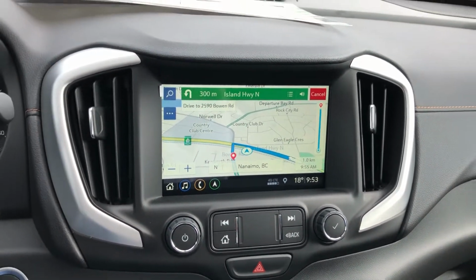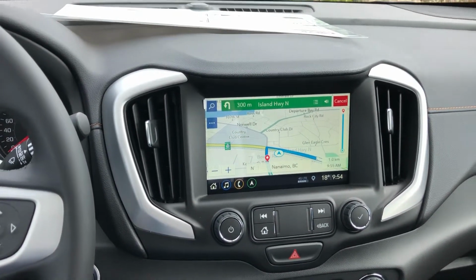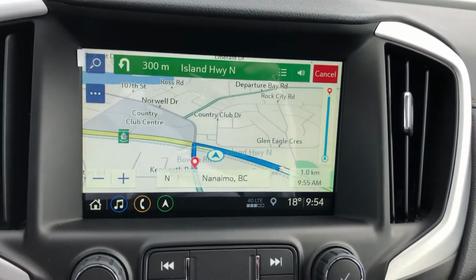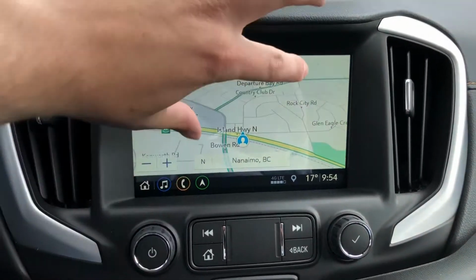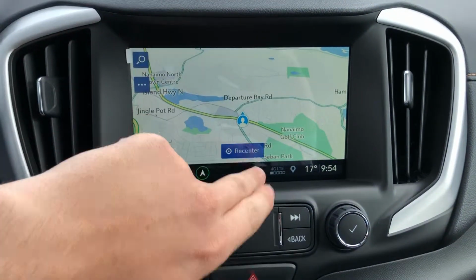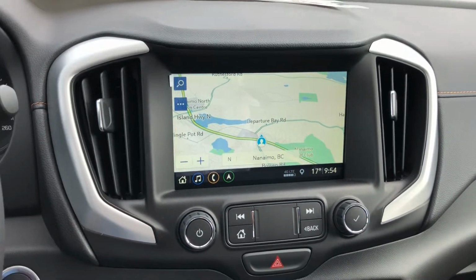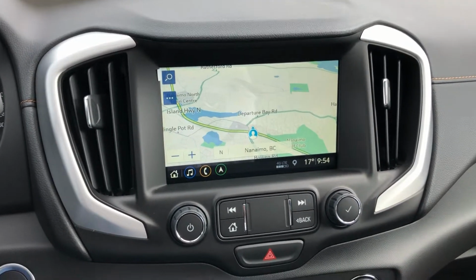So as you can see, it's a lot easier to use the voice commands here with the new body style. It does actually recognize your voice quite a bit better than the old style. The screen is crisp and bright, easy to read, really intuitive to navigate with. You can zoom in, zoom out, move it around. You can search places of interest, so you can say, hey, let's go to the nearest McDonald's or the nearest gas station. You can say, I want to go to Shell, or a restaurant or something like that, and it'll